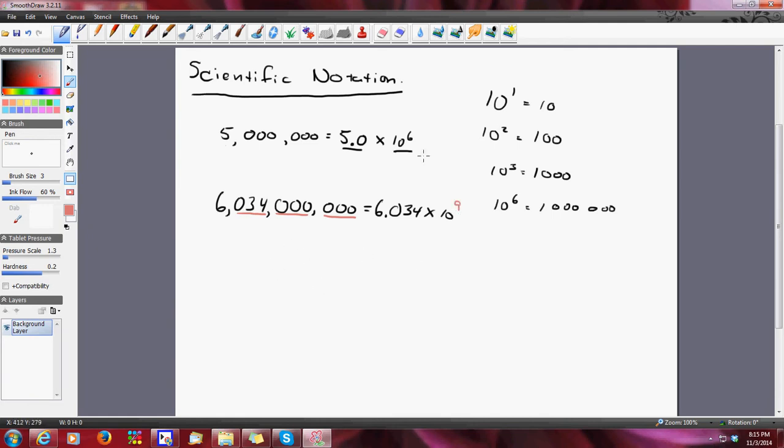And the way scientific notation really works, so I'm going to get rid of this guy here, is this. Basically, you're going to take some number, a, you can multiply it by 10 to some power, but a is between 1, it could equal 1, but it's less than 10, and you'll notice that here I chose 5.0. Here I chose 6.034. Both of those are between 1 and 10. And so n